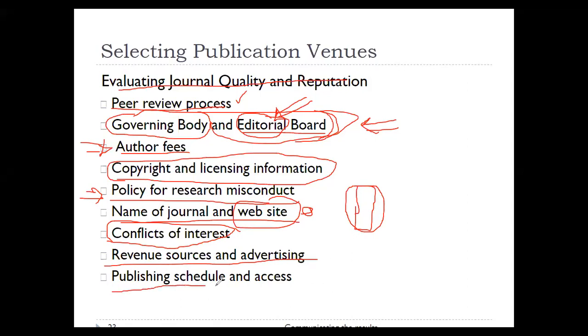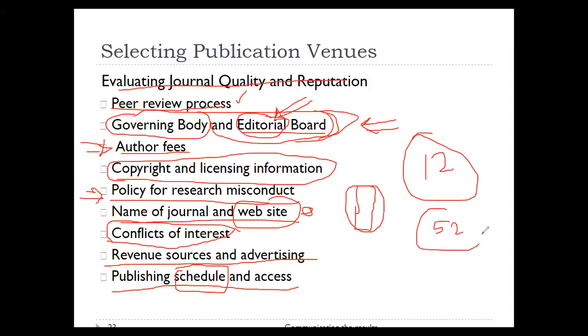And publishing schedule and access means how many times this journal is publishing research articles, whether the journal is publishing once in a year, or 2 times in a year, or 4 times in a year, or 12 times in a year, or 52 times in a year. म्हणजे एका आठवड्याला एक